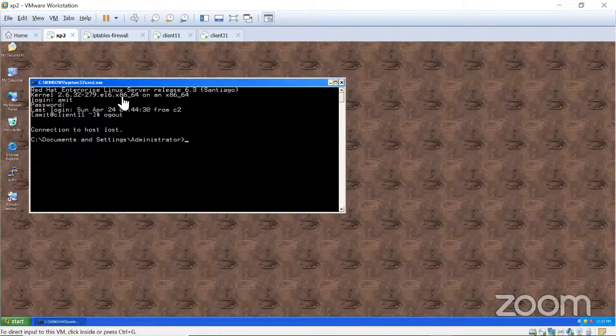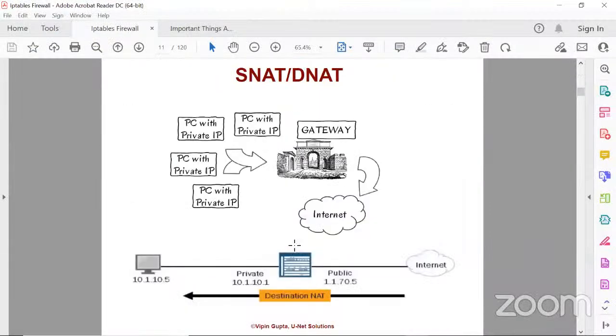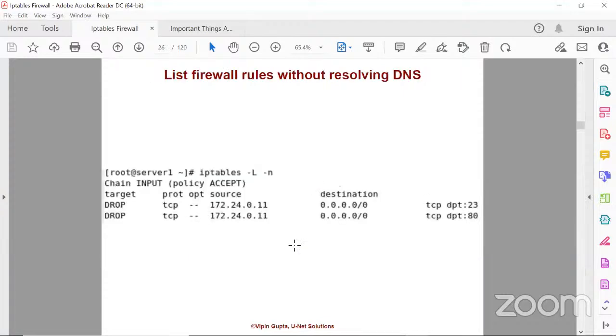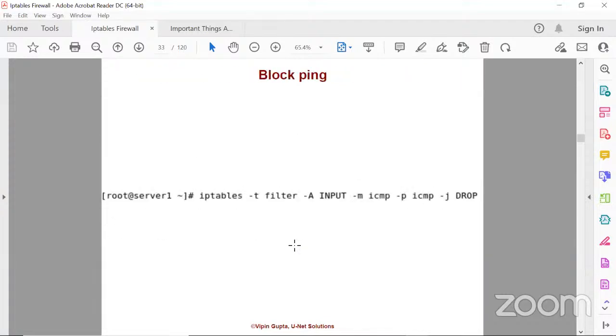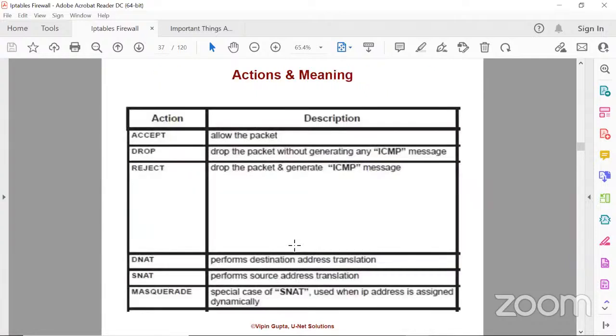So in my case, I will be sharing those slides. Even IPv6, I have implemented each and everything. Screenshots are there for each and everything, output direction also. Almost 120 slides are there, and I will be sharing them with the coordinator. So now I will take the questions.